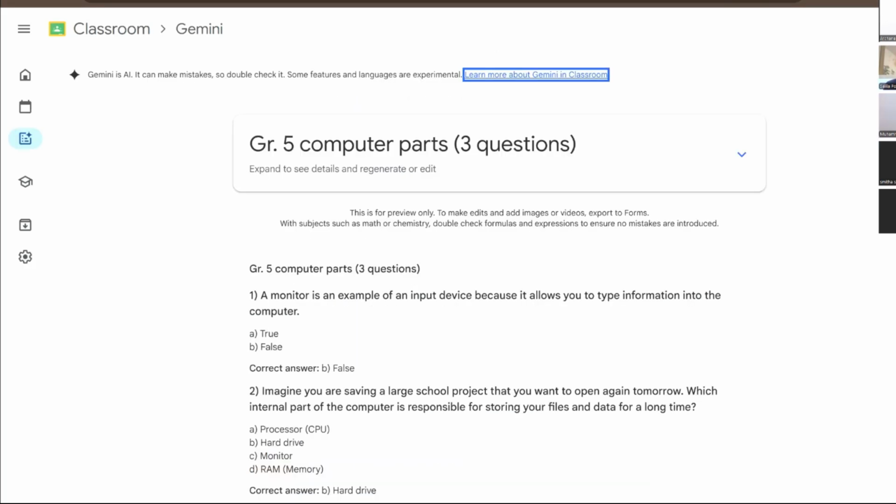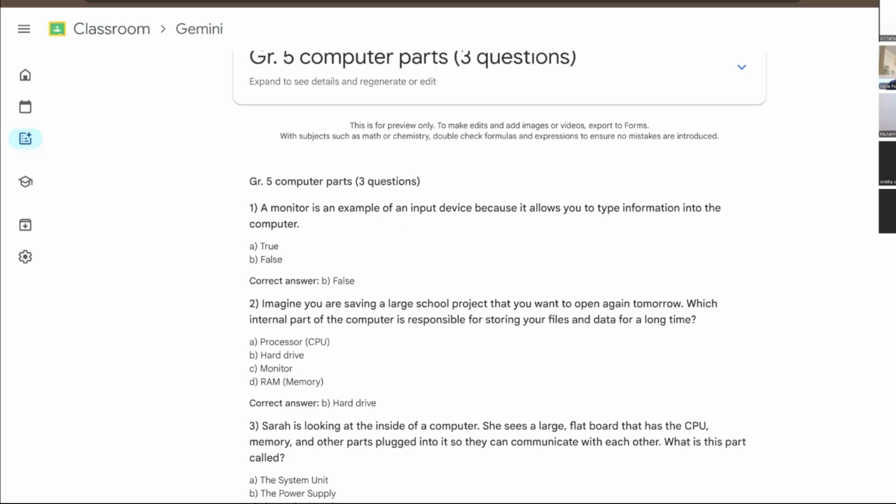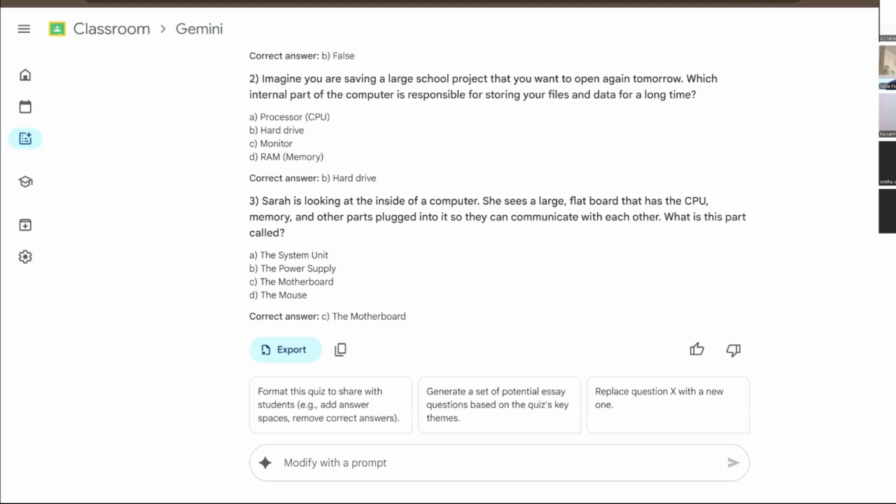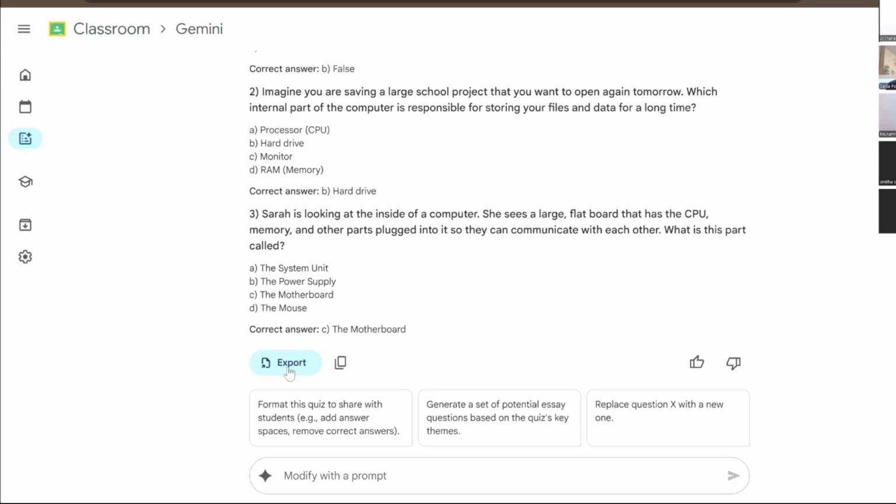Okay, you can see here the questions already came. So within seconds, we can create an assessment within the class itself. The main advantage, you can click on export now, teacher. Export. Okay, so here there is an option, add to class. So there itself, we can use this add to class option. The advantage is that you can share this in Google Classroom.